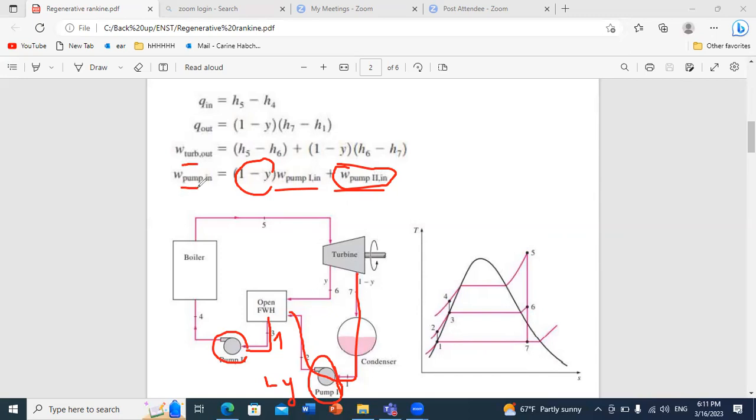Now once you compute W turbine and W pump, you can calculate W net. You still need to find the expression of Qn, and Qn is in the boiler, where the whole flow rate goes through. So Qn is H5 minus H4, and now you will be ready to calculate the value of your efficiency. Now we'll do a practical problem on this with numbers. You just have to apply these equations and you will be able to solve for the efficiency of your system. And you can see that if you compare with a conventional Rankine cycle, the presence of the open feed water